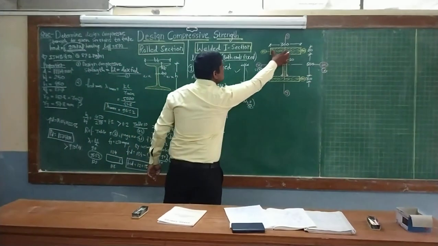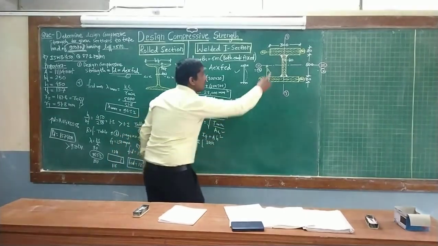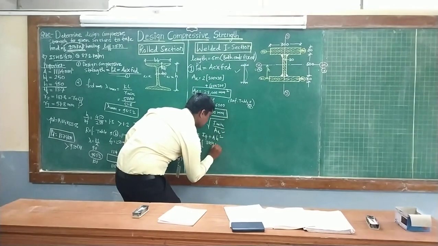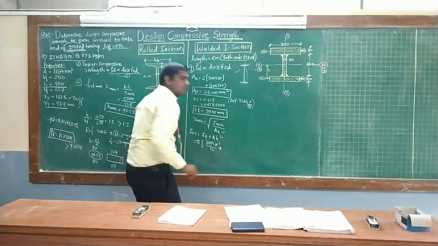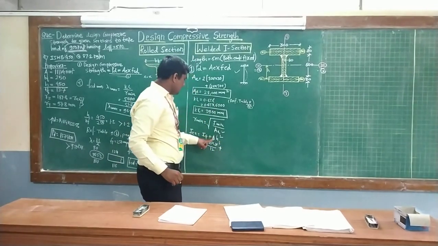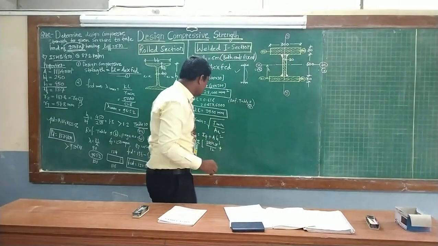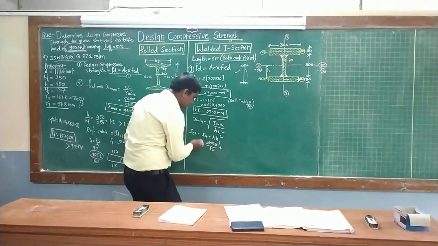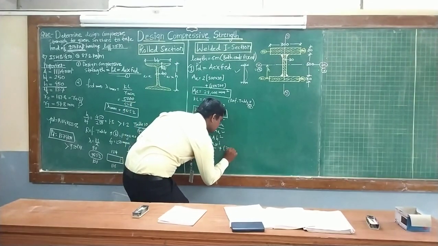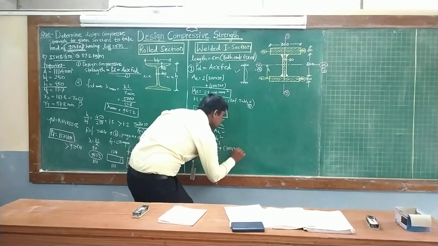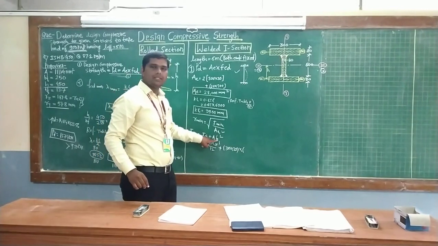Here B is 300 into D is 30 mm cube divided by 12, plus here the area of this top flange and bottom flange for twice time. Already we have taken common 2. So 300 into 30 into s square, that is